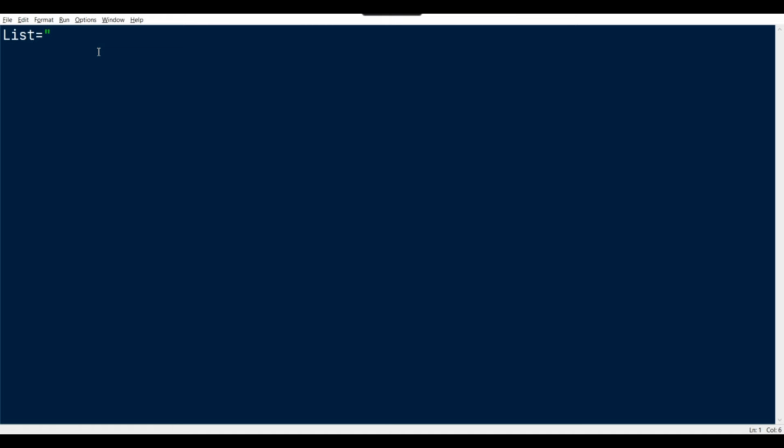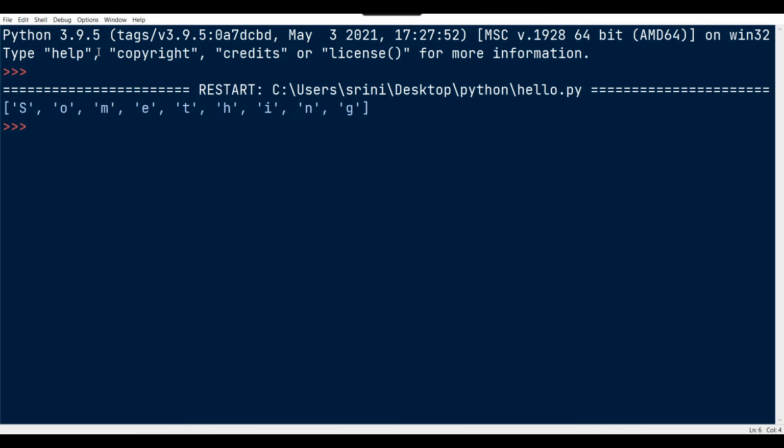So list equal to something. Actually this is a string, but if I convert it, or typecast this string into a list, you can see what we are getting. We are storing each and every character with a separate index or separate space.